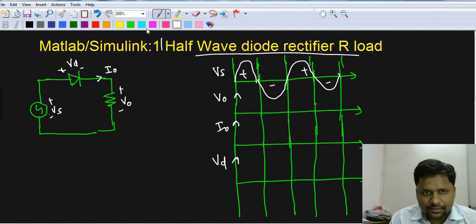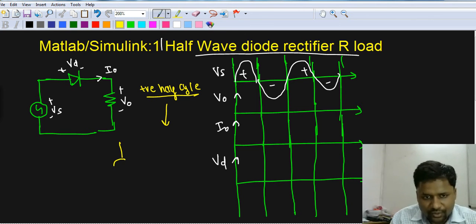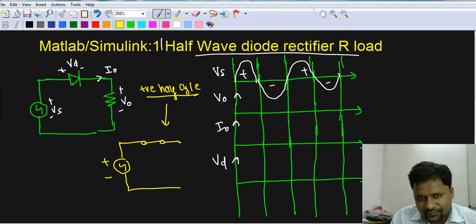So during the positive half cycle, we can say that the circuit is going to be like this fashion. It is plus, it is minus. The diode becomes on, and current is flowing through the load.